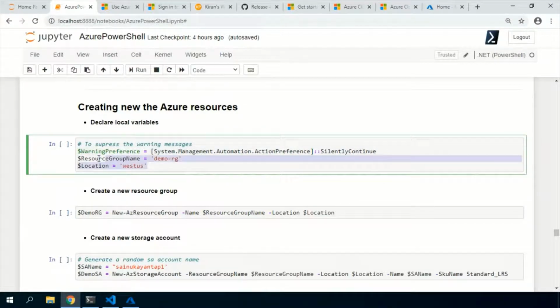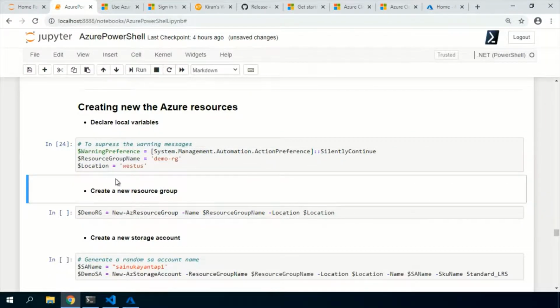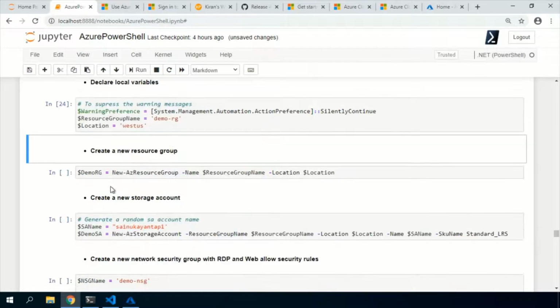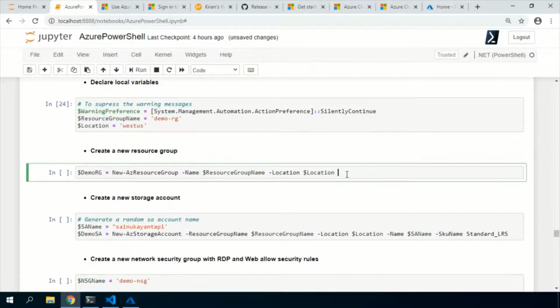And also I'm using two variables because I want to use them frequently in my scripts. One is the resource group name and the other is the location. So I'll just run them. Yeah, it's done. And I want to create a resource group. As I mentioned earlier, to create anything, we should use New commandlets.